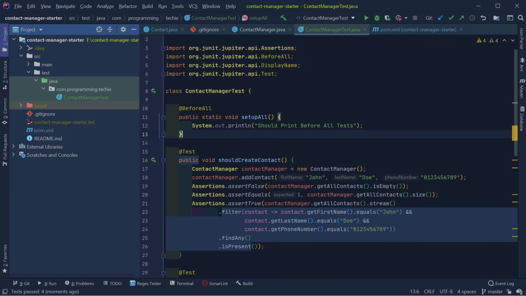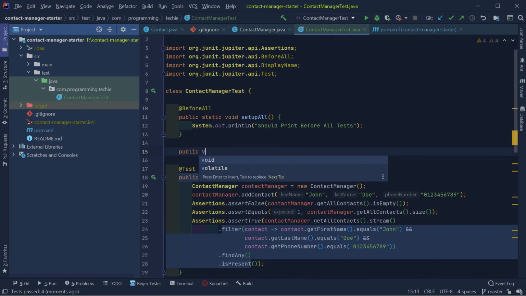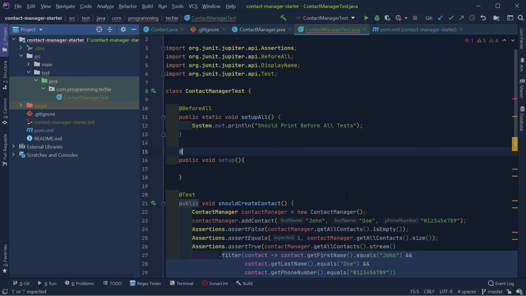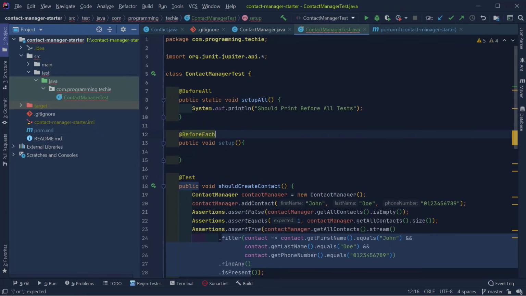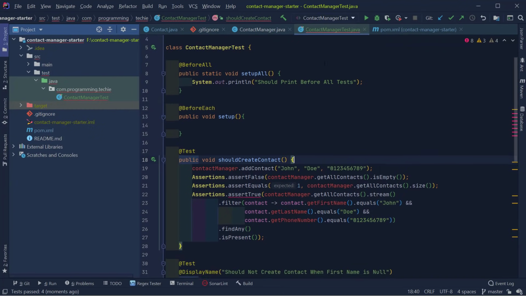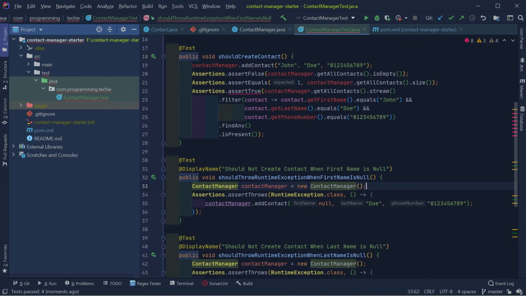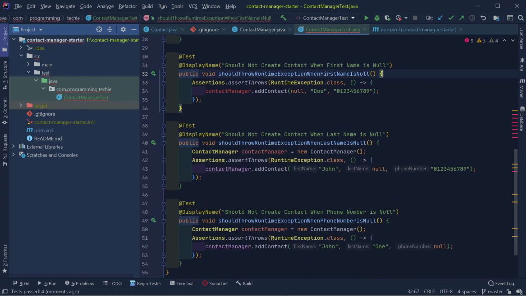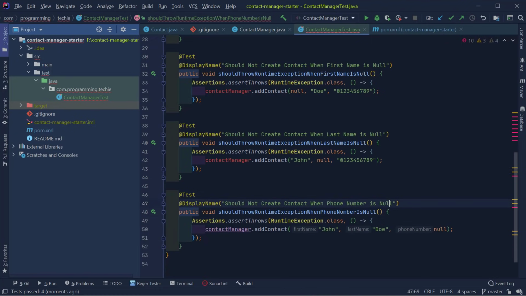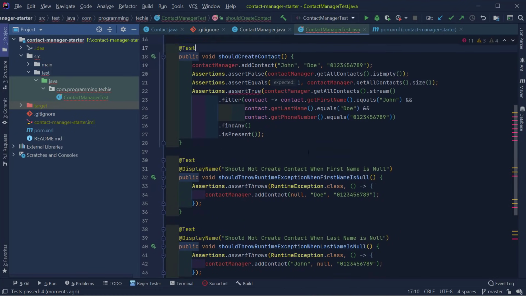I'm going to create a method called setup and add the BeforeEach annotation to this method. And inside this method, we are going to initialize the Contact Manager class. You can observe that inside all the test methods, we are creating the object for the Contact Manager class. This is redundant, so we can move this logic inside the setup method. So I'm going to remove the Contact Manager instantiation part from all the tests, and I'm going to create a class variable ContactManager